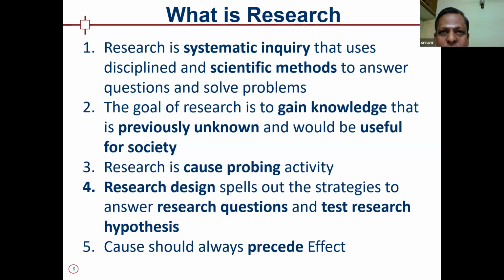So if you collect something for a disease, the cause for the disease should happen before the disease. That is very, very important. If you're not able to distinguish that in your data, then the evidence for your research finding is poor. That's called, in research, cross-section. There are different types of research.